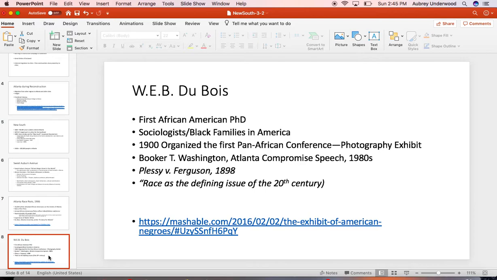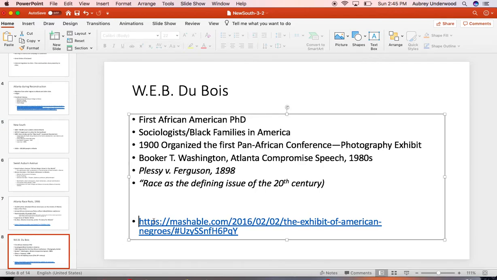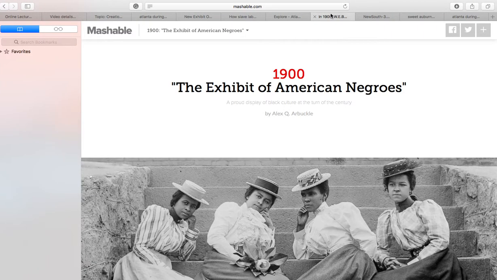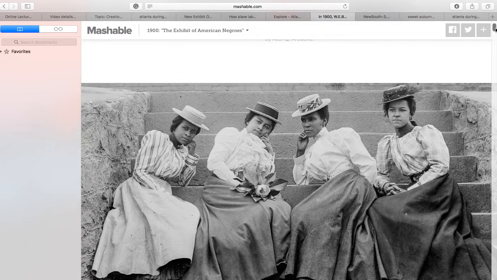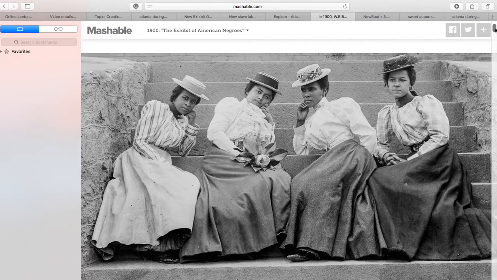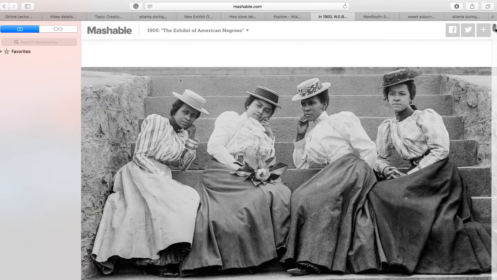I'm not going to go into Du Bois as much here, just due to lack of space, but I do want, again, to show you what is demonstrated in this 1900 exhibit of the American Negro in Paris. And of course, you'll recognize these stairs as that of Atlanta University. And again, I always marvel at the picture of these four students, considering how these roads are not paved, there is no air conditioning, there are no cars.